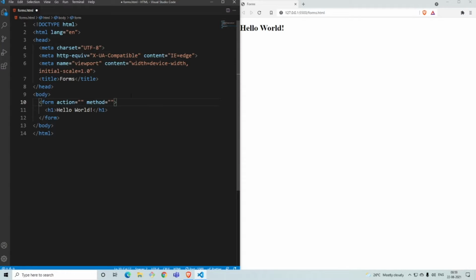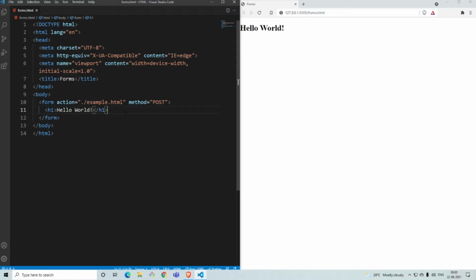The action attribute tells which file or which computer you have to send it to. I'll just put it as example.html, although I don't have a file called example.html, but I'll just say you have to send it to this HTML file. And the method attribute says whether you have to send or receive it. To send it, you say post. Post is what you use to say you have to send data to this file. Once you save it, there's nothing for now.